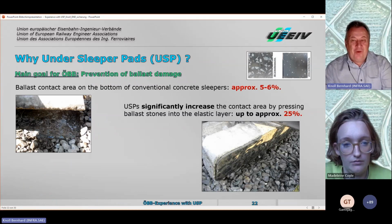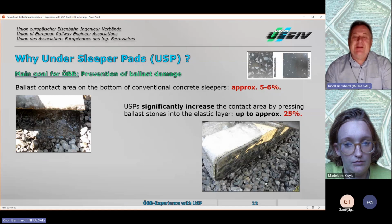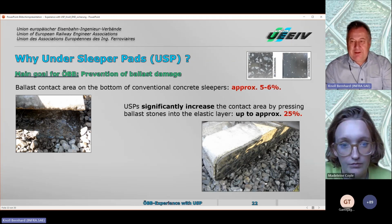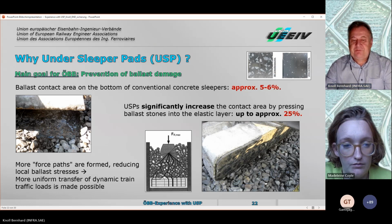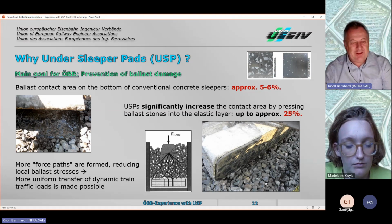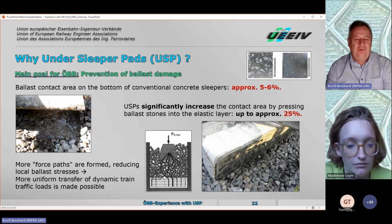And as we have already seen before, it is the case that a conventional concrete sleeper without USB is only in contact with 5 to 6% with the ballast. That means small area and high forces get more damage than if you use USBs with a much more significantly increased contact area where the stones can press into this elastic layer. And as we have already heard, around 25% more area where you can distribute the forces prevents the ballast from damage. The so-called force path, the forces going from one stone to the other, coming in the vertical direction, are much better distributed, more uniform, even if dynamic traffic loads are coming from the surface. And yeah, this was our